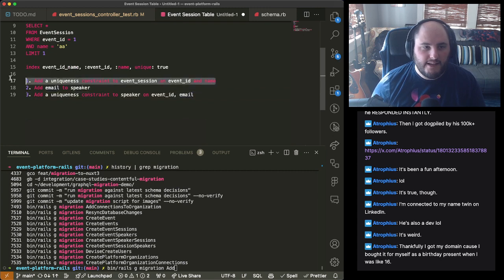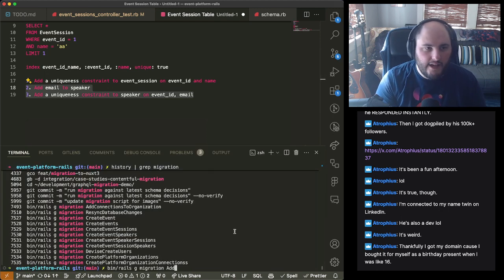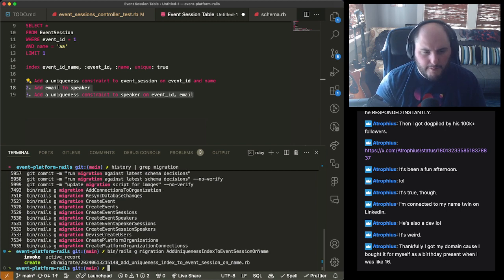Migration 1 is going to be step 1, and migration 2 is going to be steps 2 and 3. First one is we're going to add uniqueness index to event session on name. Long migration name, but that's what we're going to do. And then we're going to do another migration, which is going to be bin rails g migration, add email and index to event speaker.